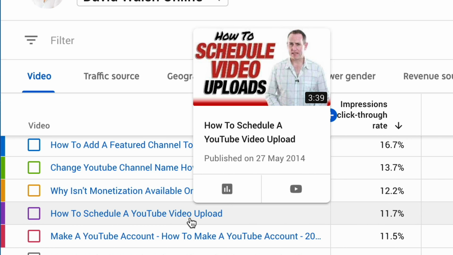And here's another one, how to schedule video uploads with 11.7% click-through rate. And again, same style template, text on the left and myself on the right. And the reason we have myself on the right is that you'll see here that the length of the video goes on the bottom right of your thumbnail. So if I had text here that needed to be read, then this little time element would cover that over. So when we're working with clients, we will have the person on the right and the text on the left.